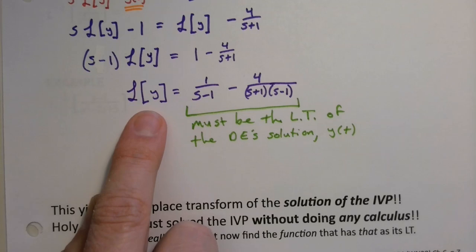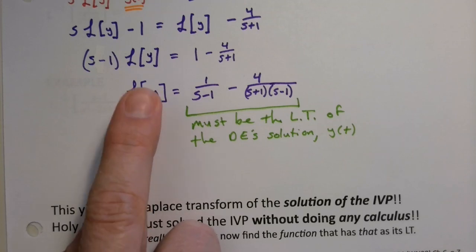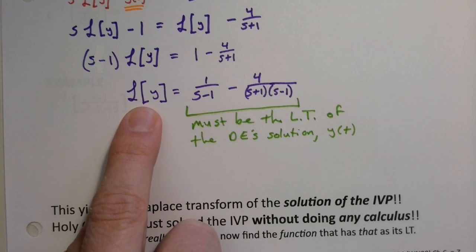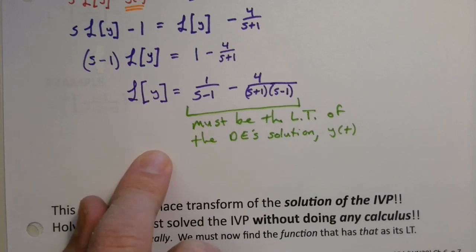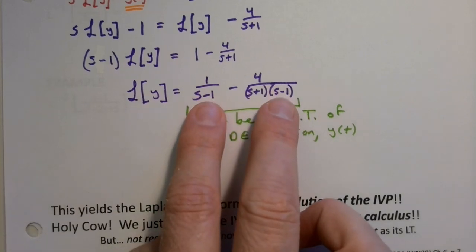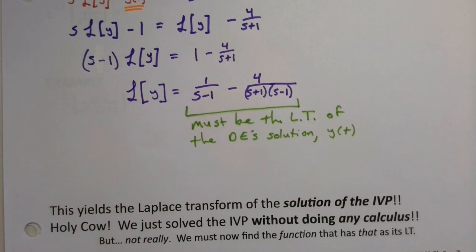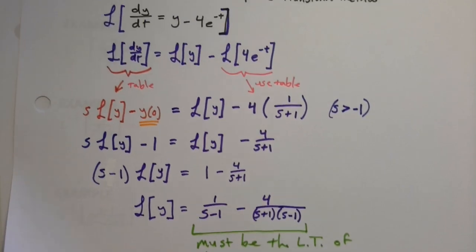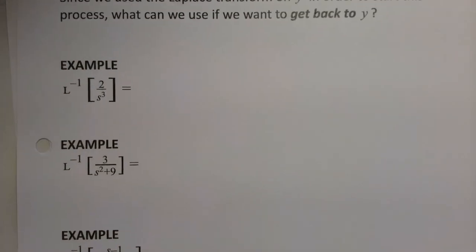What I need to be able to do now is undo. Because if I can undo this Laplace transform on this side with, say, an inverse Laplace transform, I can undo it and it becomes y of t. But that means I also have to be able to undo the Laplace transform on the other side. And so that's what we're going to do on the next page. So at the top of the next page,